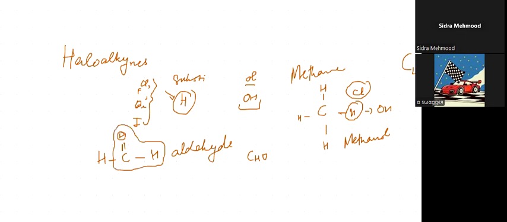And if at one side we have methane and at the other side aldehyde, sorry, we have formaldehyde. When hydrogen is present at both sides we call this formaldehyde. Formaldehyde is also one of the classes of hydrocarbons. And if at one side